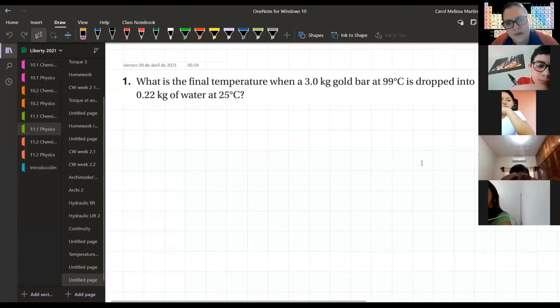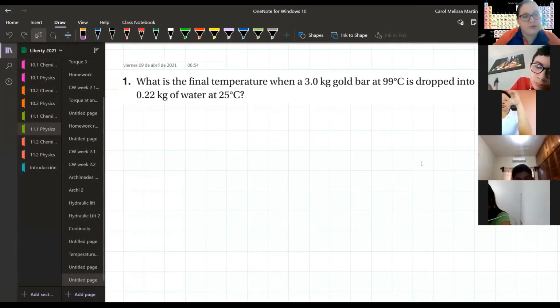What is the final temperature when a 3 kilogram gold bar at 99 degrees Celsius is dropped into 0.22 kilograms of water at 25 degrees Celsius? So, first of all, you need to identify the two substances. This is pretty obvious. We're talking about a gold bar and we're talking about water. So those are the two substances that are involved here